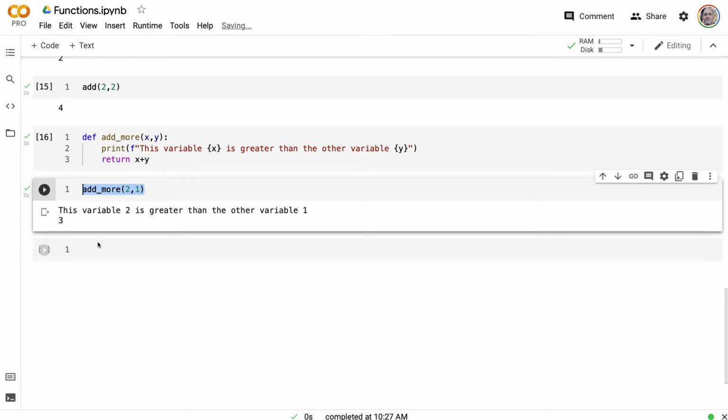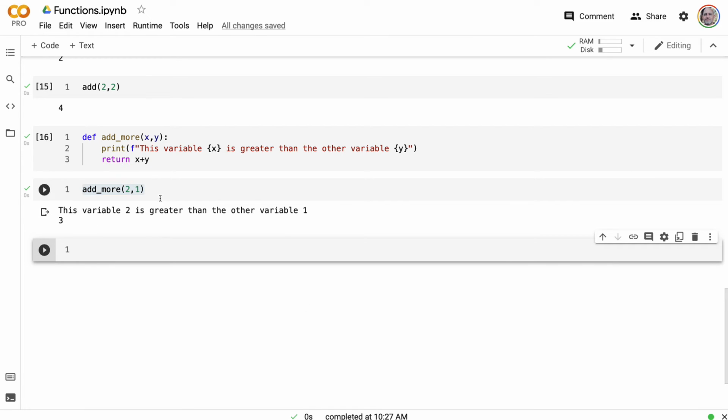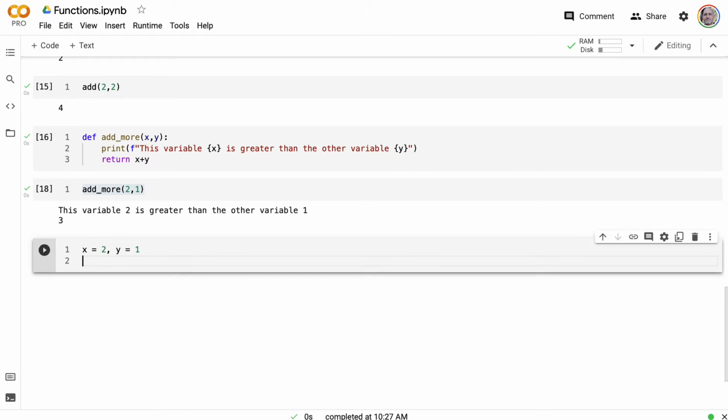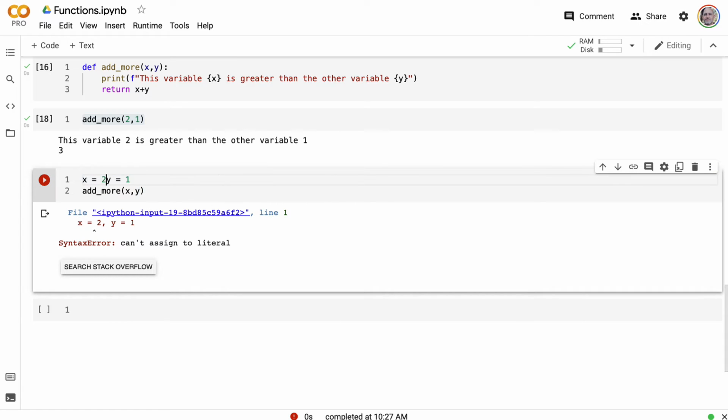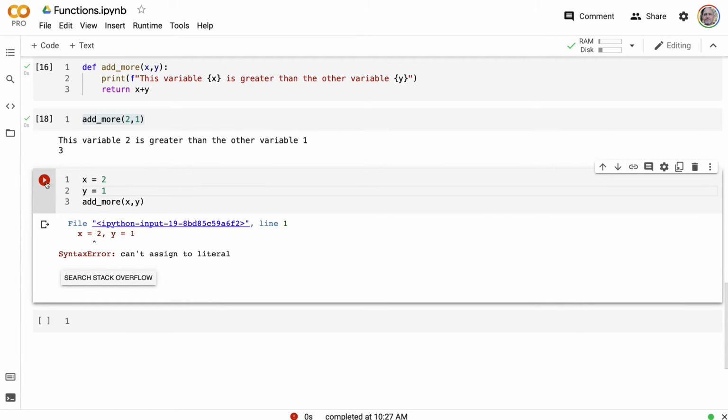But what if I swap things around and make X equal to 2, and then Y equal to 1, and then I say add more and I put in an X and a Y, whoops, let's put those on separate lines. If I go ahead and do that